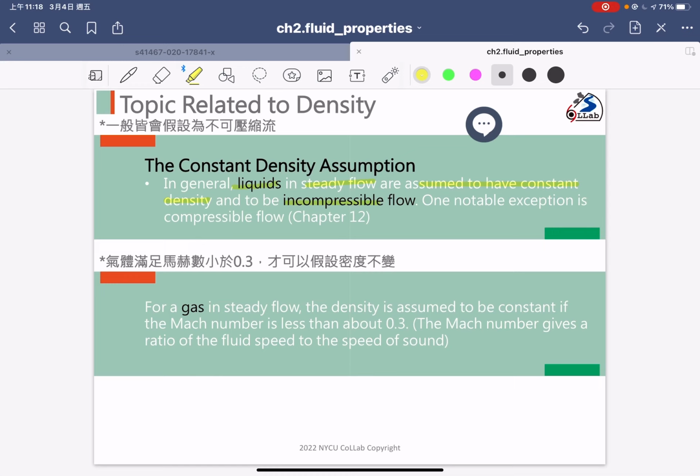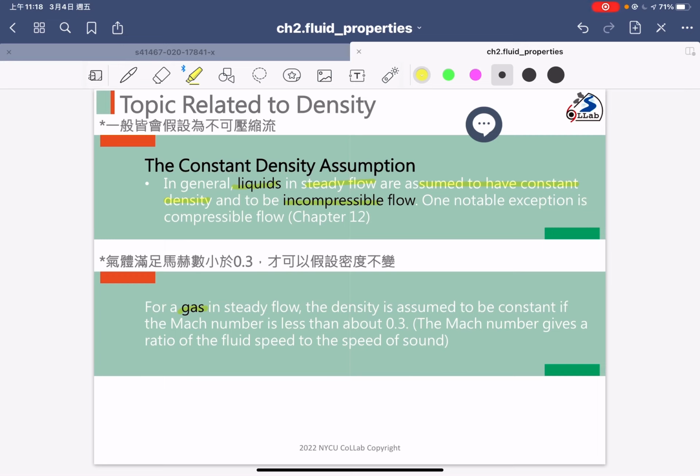OK, 大部分的 liquid 都是不可压缩流，但是实际上有一些例外。但这个例外我们会在 Chapter 12才会讲到，可是我们这个学期只会上到 Chapter 大概 9或者 8这样子，所以大家要有一个印象，其实有些条件下是有可能可以压缩的。Okay, and then for the gas, so the bottom for the